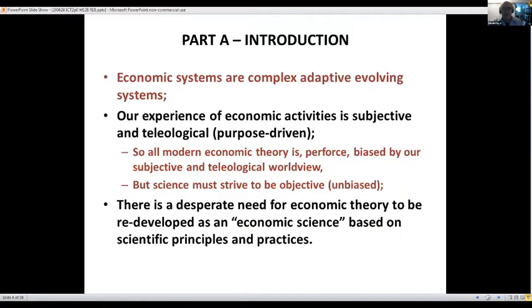Now, economic systems are complex, adaptive, evolving systems. Our experience of economic activity is subjective and teleological, or purpose-driven. This means we wake up in the morning, we make plans for the day, we make some decisions, and then we spend the rest of the day trying to make those plans and decisions become reality. So all of modern economic theory is, perforce, biased by our subjective and teleological worldview. But science must strive to be objective or unbiased. There is a desperate need for economic theory to be redeveloped as an economic science based on scientific principles and